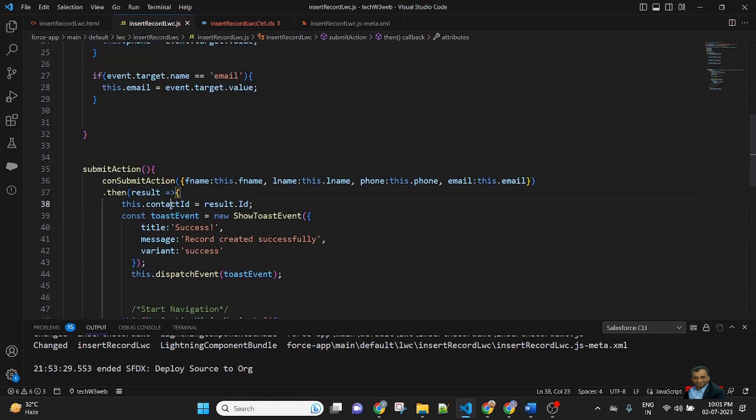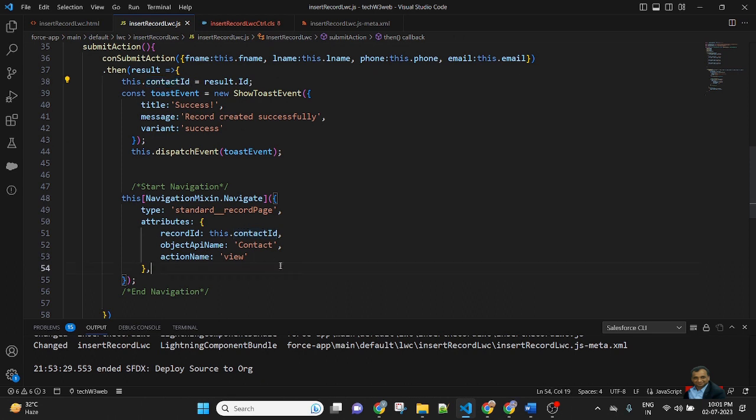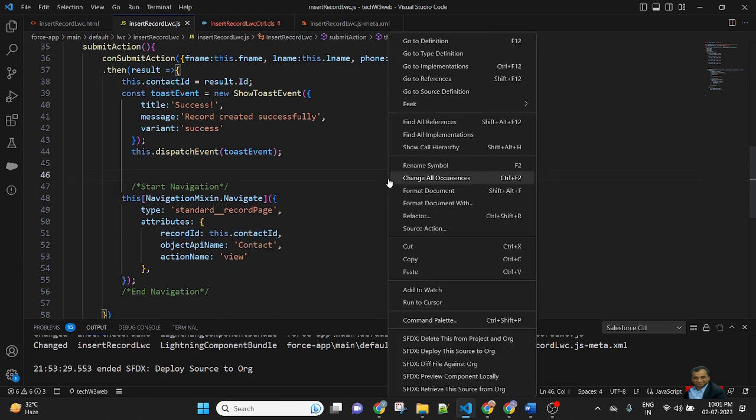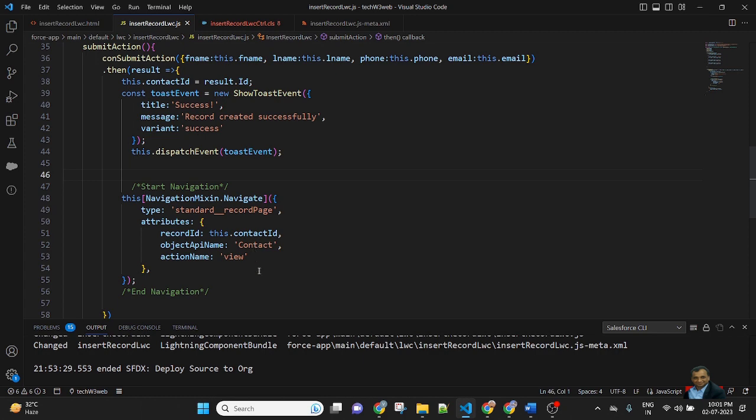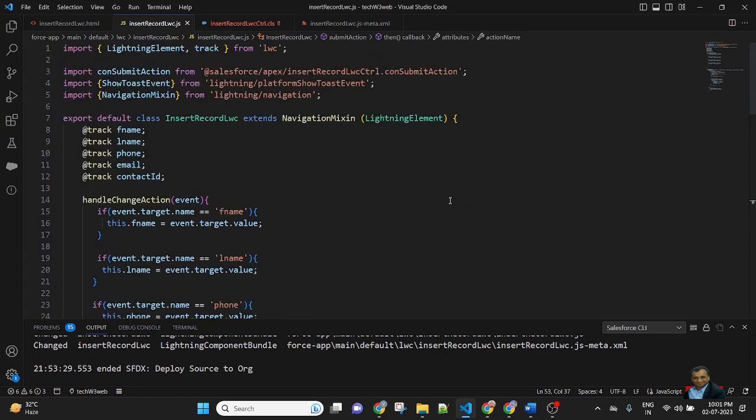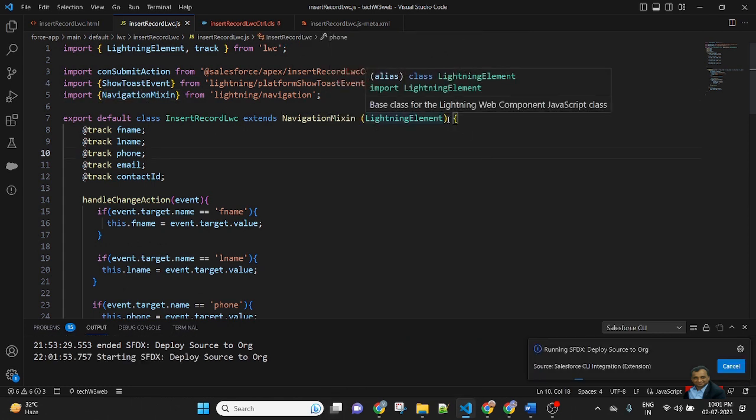So this record ID will be passed to the navigation record ID, the object name will be contact and action name view, and there is a navigation mixin. Save and deploy the code.